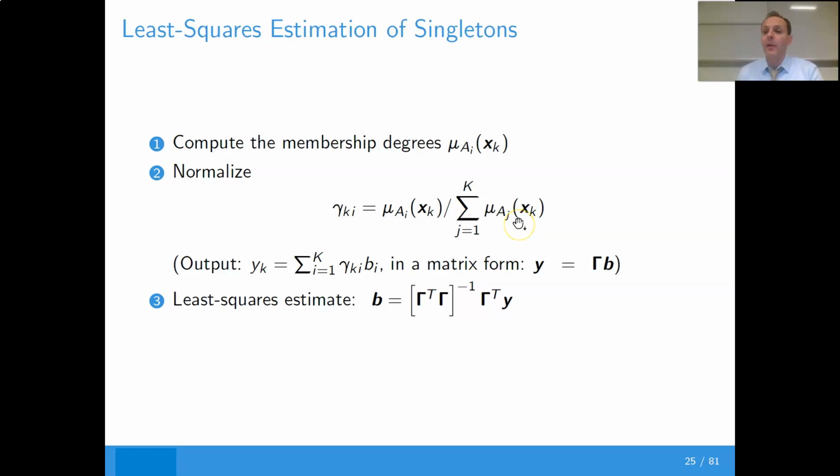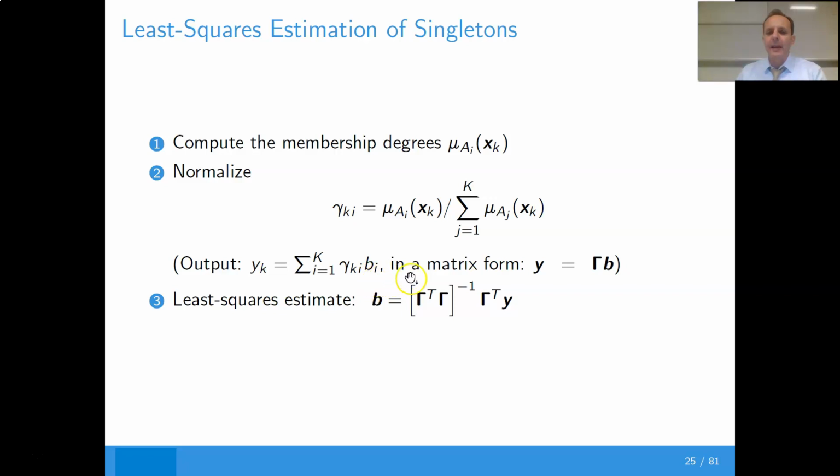Remember, if we have a global coverage, this summation is 1. So it means that gamma is equal to the single membership function. So the output is represented as a summation of all these terms gamma ki multiplied by bi,